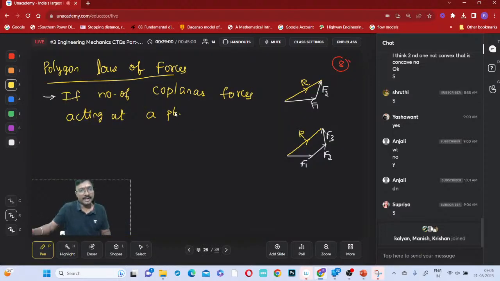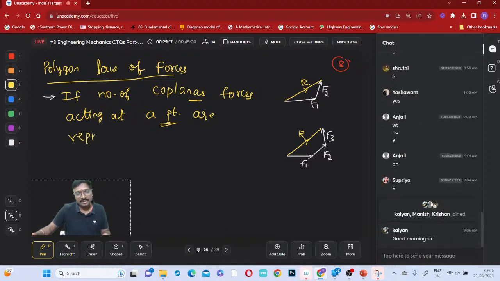So if the number of coplanar forces are acting at a point, whenever they are acting at a point, they must be concurrent forces, definitely. If they are represented by the sides of a polygon,